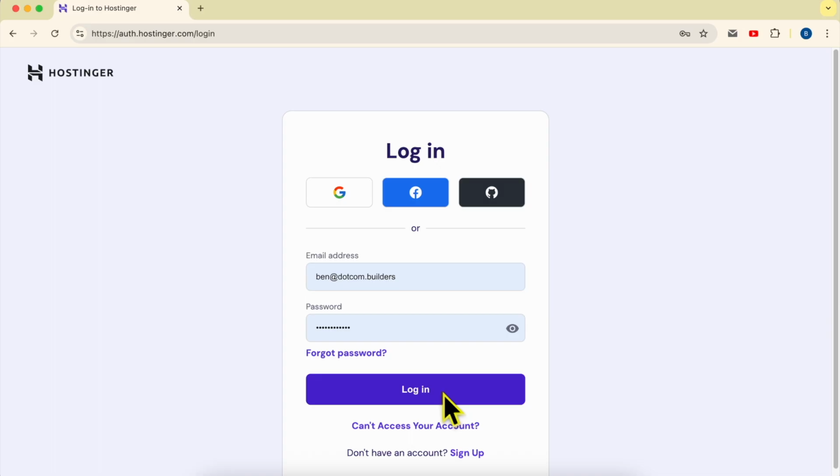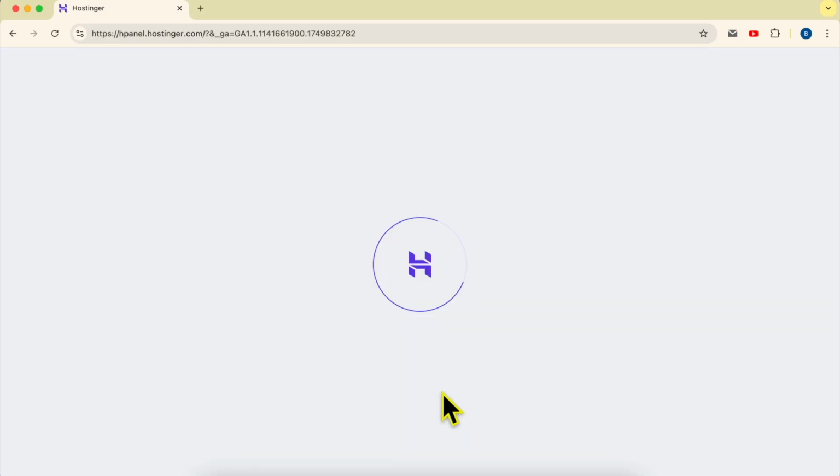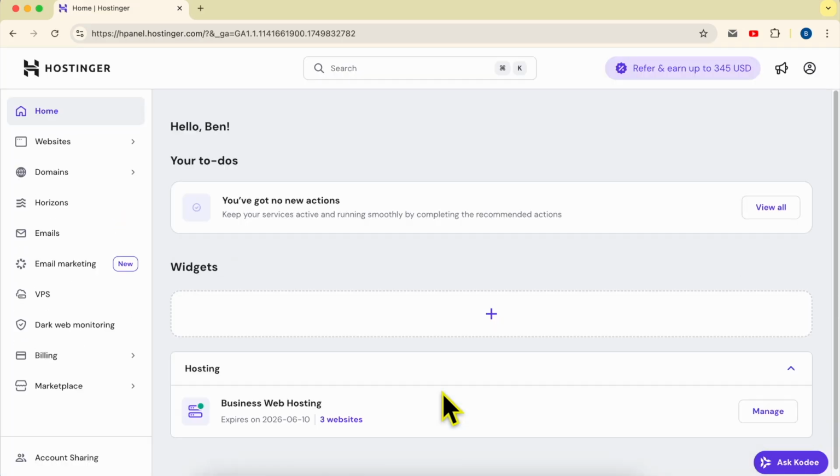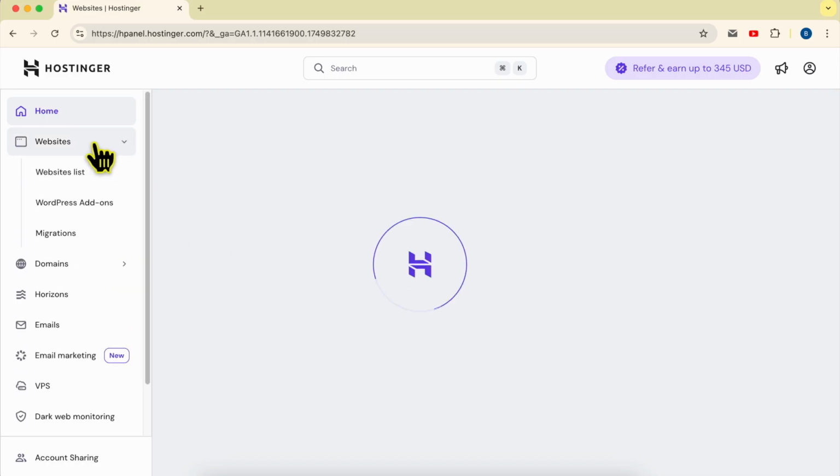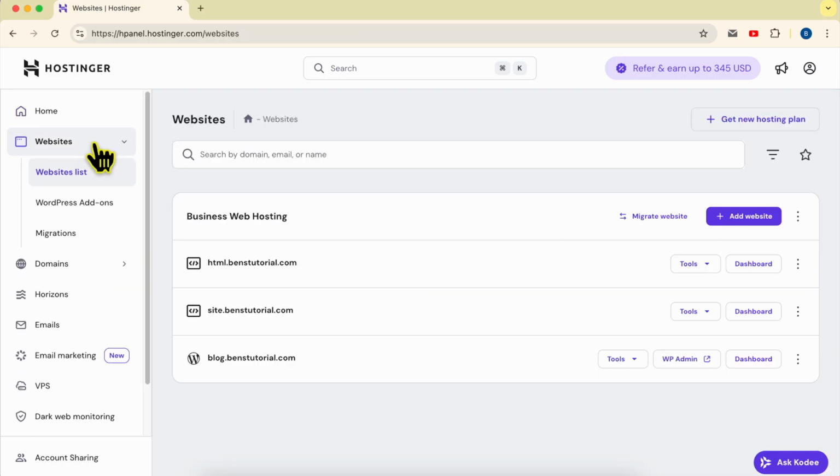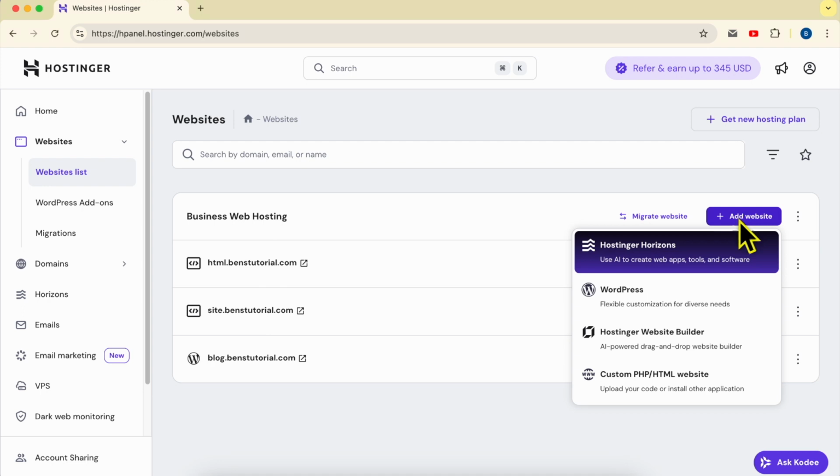First, log into your Hostinger account. Then go to websites. Here you will see a list of the available websites on your hosting. And to add a new website on Hostinger, it's simple. Just click on this add website button and select which platform you want to use to add or create your